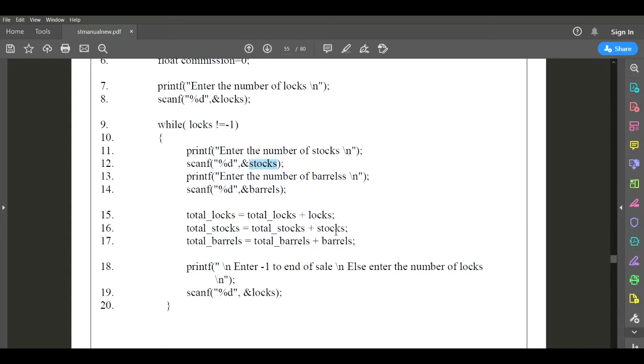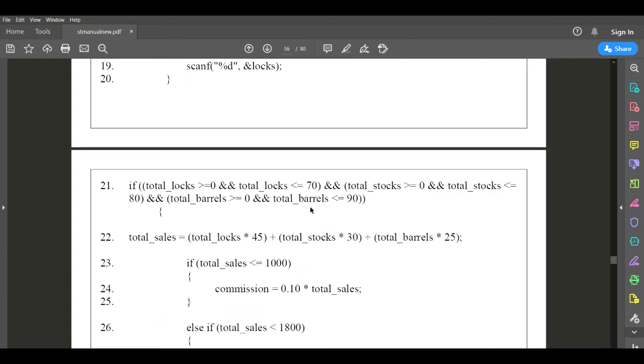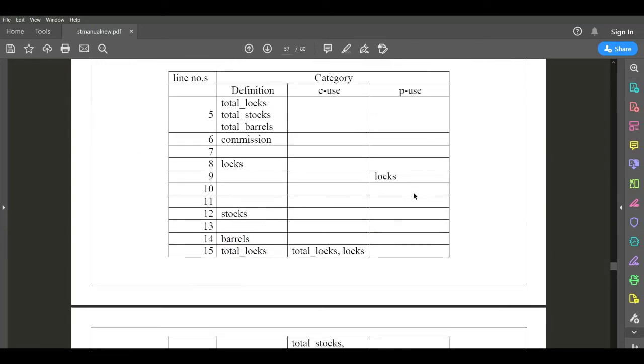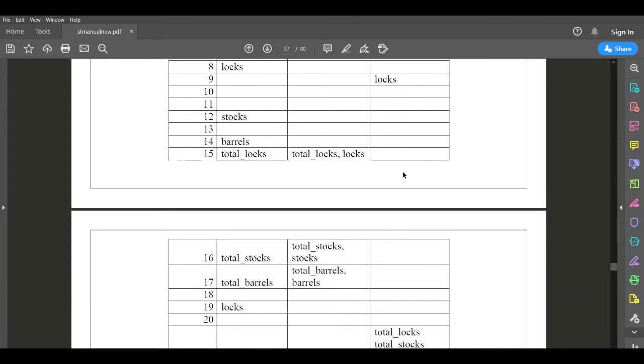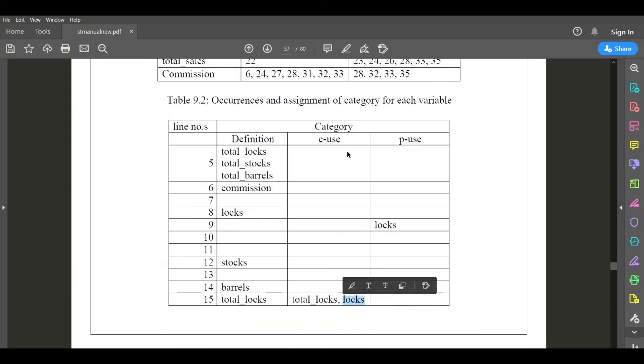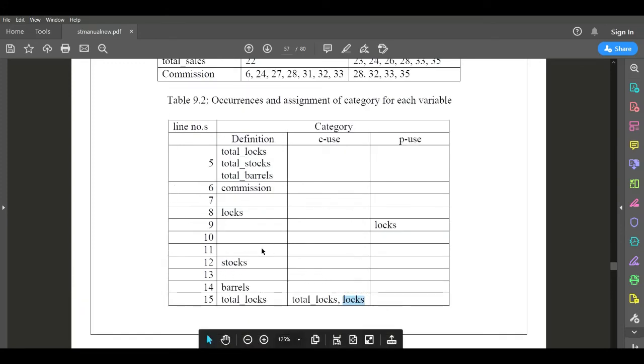This lock value, stock value, barrel value, defined in line numbers 8, 12 and 14, those I have to write. 8, 9 we have used, and as well as we are using that value in line number 15. How am I using it? As a computation usage, correct? Next, stock value.